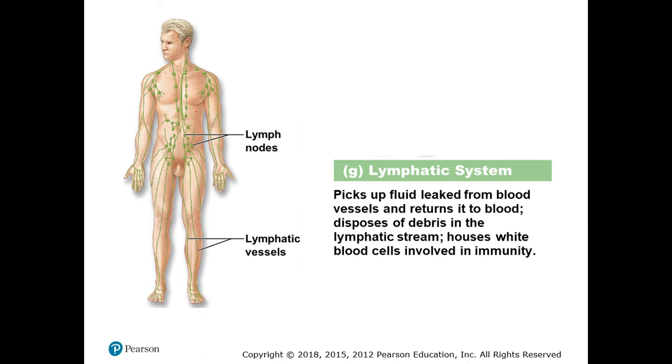Oftentimes, when you see the lymphatic system, you're going to see it as green. One thing to note is that the lymphatic system runs all over, and it does return fluid to your cardiovascular system. They're all connected. So if you or anybody in your family has had cancer, you never want it to spread to the lymph nodes, because then it can go to the rest of the body